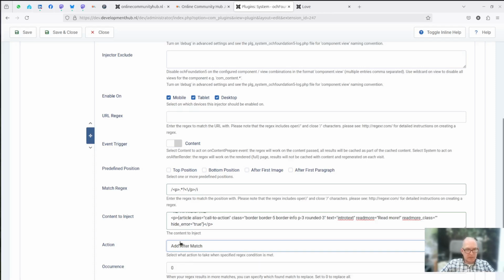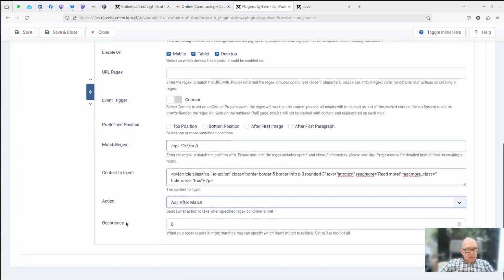Let's say after the match, and then it will ask me, okay, so if I find multiple paragraphs, which we will, what occurrence would you want to inject after? Selecting null will inject it after every occurrence. So let's do that.